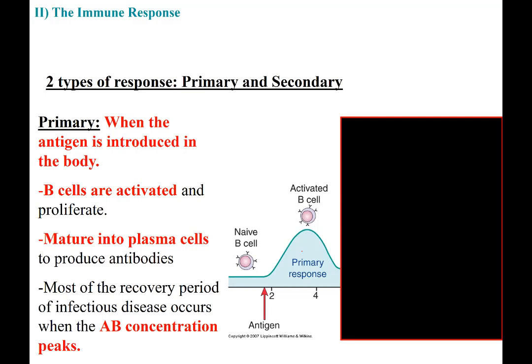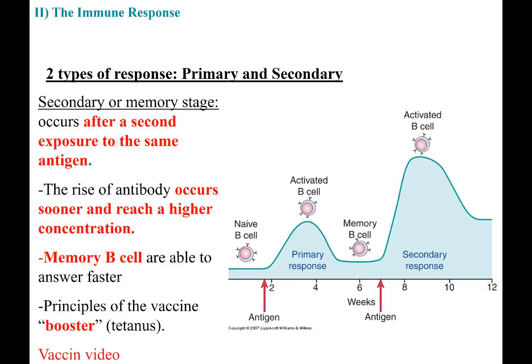Okay, so this slide is also important. It's telling you the role of those B cells, and by doing this, we're also going to talk about vaccination. So you see here, let's just follow this graph because I think it's easier to follow the graph than the text. So you have B cells, okay, and the first time you're exposed to an antigen, let's say it's the flu, the virus, the B cells are completely naive about this virus. They never saw that before, so that's why we call them naive B cells.